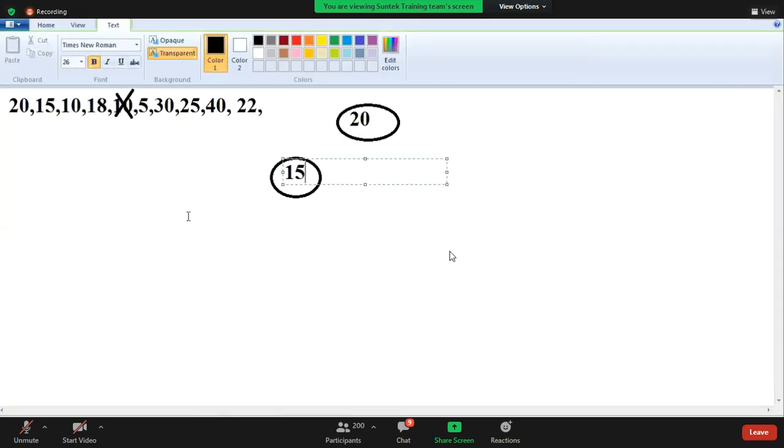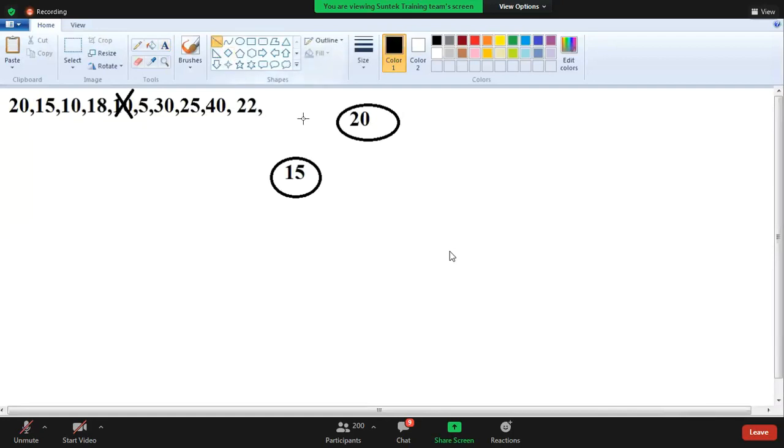Guys, you have to practice many kinds of questions like this. If they give inorder or any one order, the remaining two orders have to be written. That is not that easy. Remember, that is not that easy. Okay, 20, 15. I will tell you, see this. 20, 15, 10. 10 is on the left side.